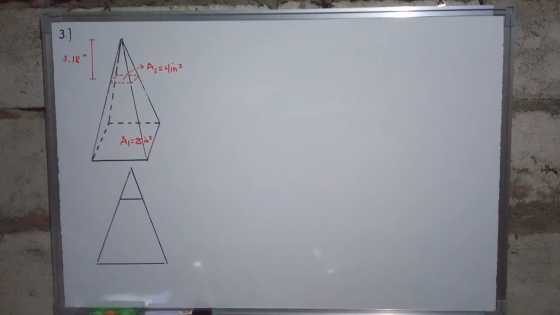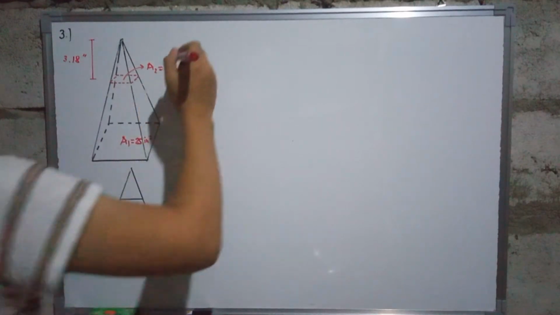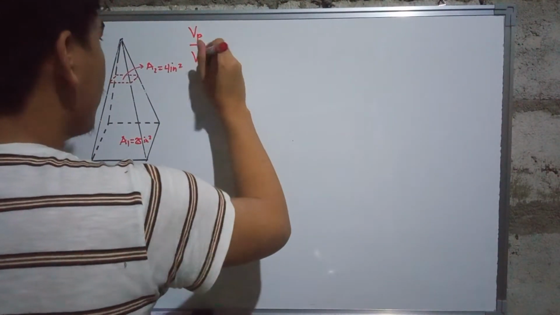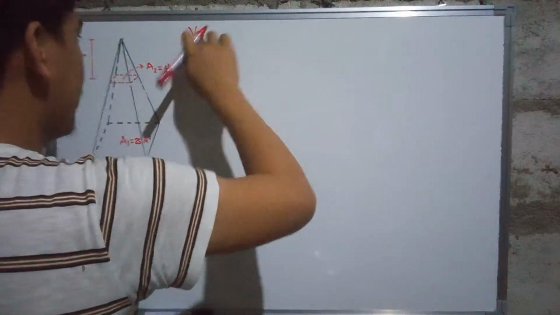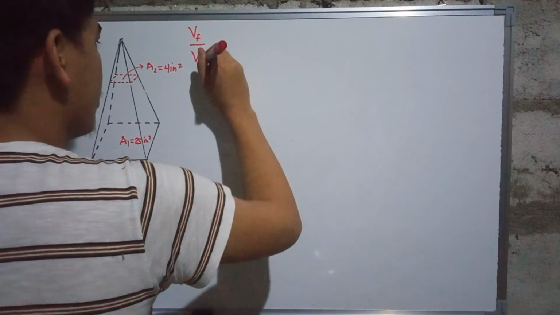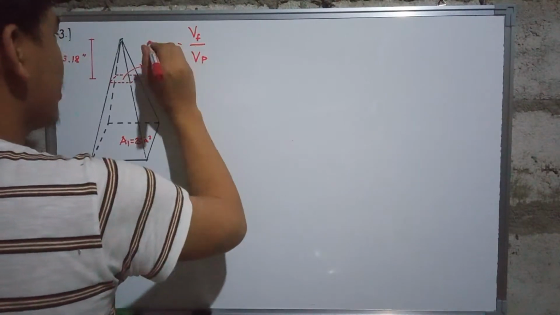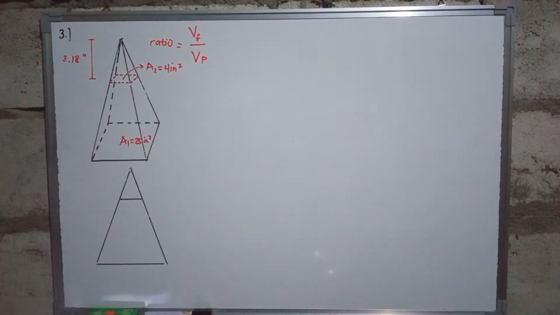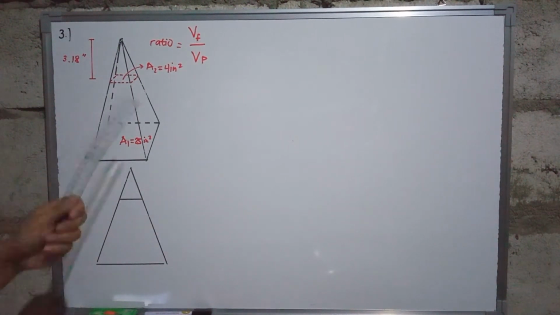Find the ratio of the volume of the frustum to the volume of the pyramid. So, yung nire-require dito is the volume of the frustum all over the volume of the pyramid. Hinahanap is yung ratio. So, sinabi ko nga, diba, kapag sinabi nating frustum, yun yung tinapyas dun sa pyramid natin. So, let's solve first